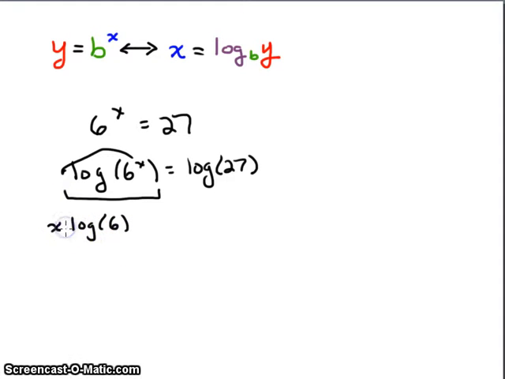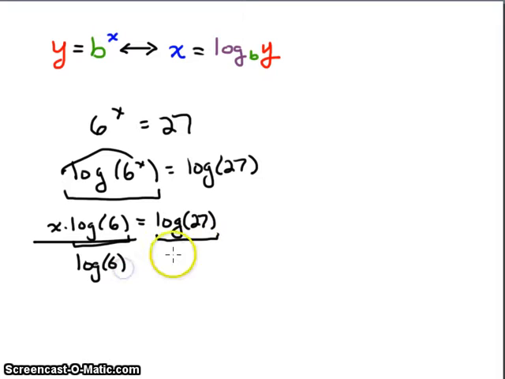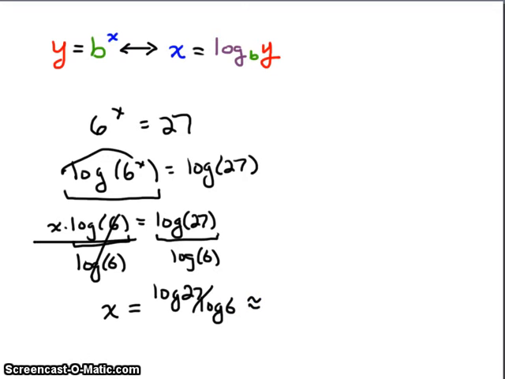So this is now x times log of 6, and I have log 27 on this side. And so if you notice, once again, this is just a number. This is just a number. I'm going to divide both sides by log of 6. That allows this side to go to x, and over on this side, log of 27 divided by log of 6 gives me an approximate answer